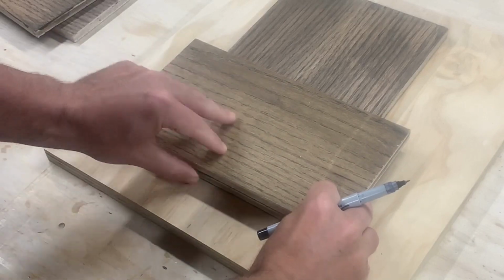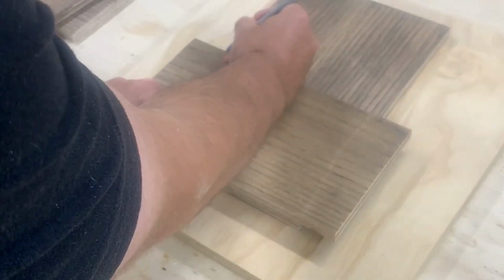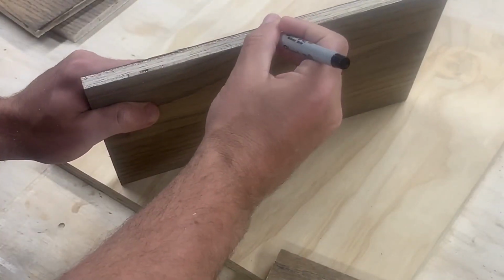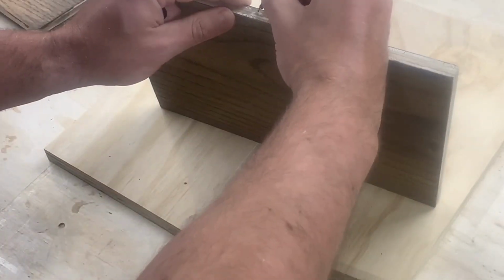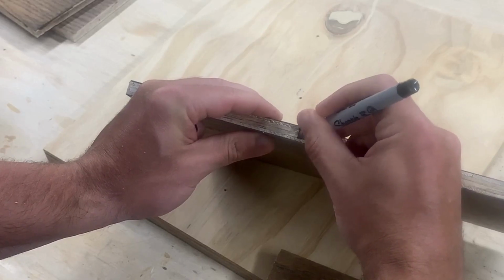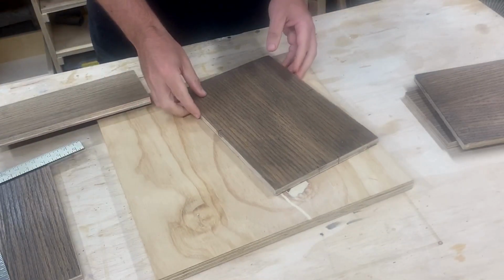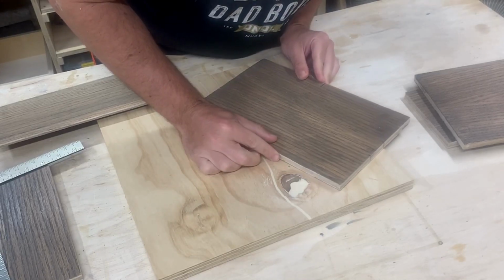The first thing to do is measure out where you want to cut your angle. Then make your marks and transfer those lines onto the sides of your workpiece. Next, lay the piece you're going to cut on the sled base and line up the markings on the edge